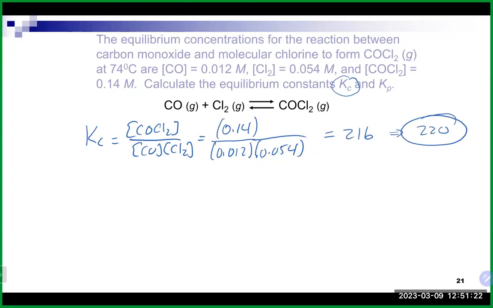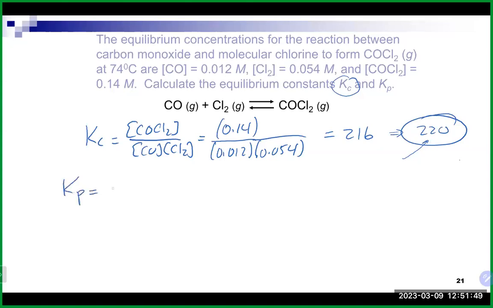Yeah. 220 is fine, you can write it either way. I don't prefer one over the other. You should try to get the right sig figs and all that. And since it was asking for this as an answer, maybe 220 might be the right one to go with. At this point, now that we have the Kc value, we could use that formula we saw earlier,